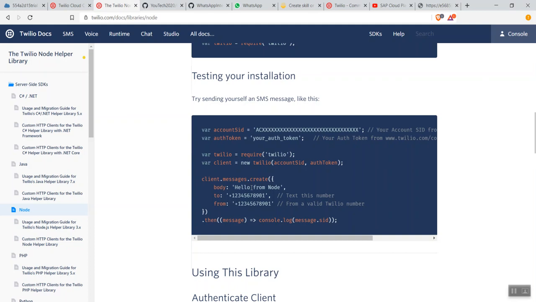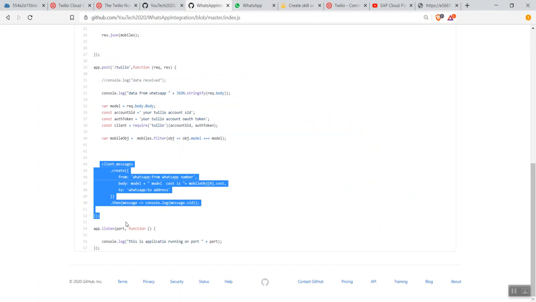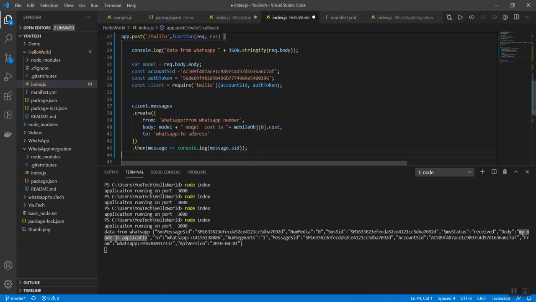I simply copied it from there, took this client.messages code, and pasted it in this section. So with client.messages I'm creating this message for sending to Twilio.